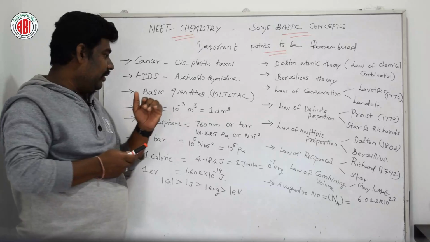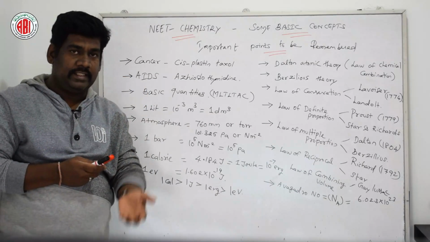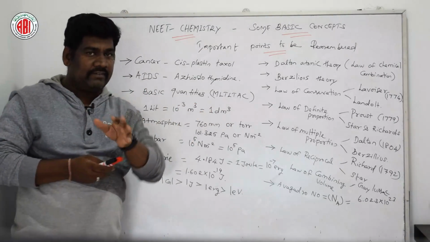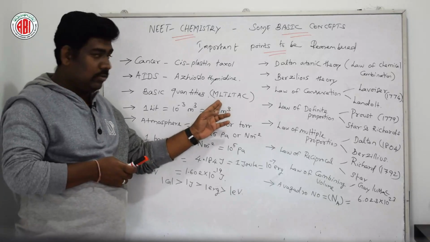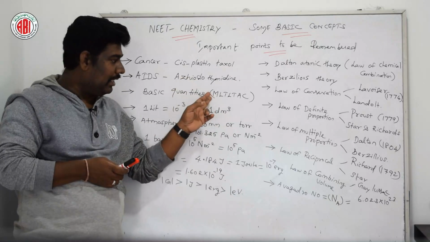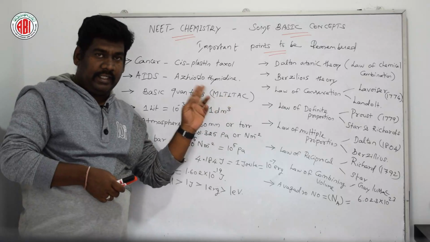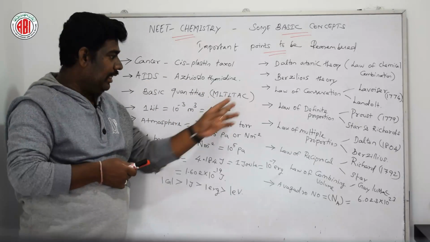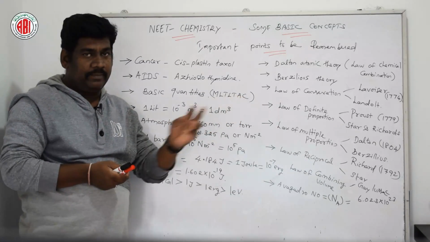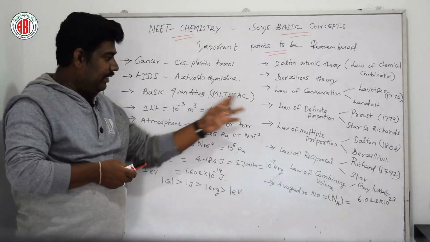There are different quantities we have discussed in the previous video, like the basic or fundamental quantities and derived quantities. There are 7 basic quantities which we have discussed. We have written here in a short form MLT, LT, AC. M for mass, L for length, T for time, L stands for luminous intensity, and the other T stands for temperature. Then A is amount of substance, and C stands for electric current. So we have written a short form.